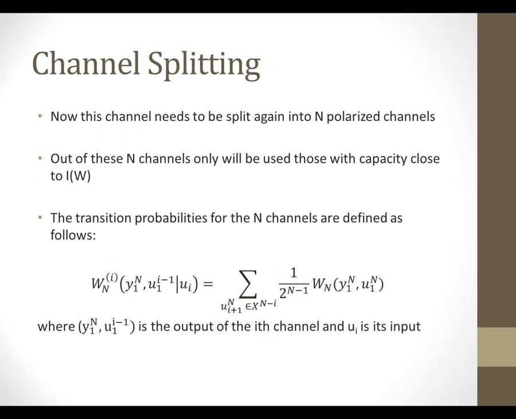Now for channel splitting, as we said in the previous step, which is channel combining, n uses of DMC help us to build a synthesized WN channel. Now this channel needs to be split again into n polarized channels. Out of these n channels, we will only use those with capacity close to I(W). The transition probability for the n channels will be defined in this equation,